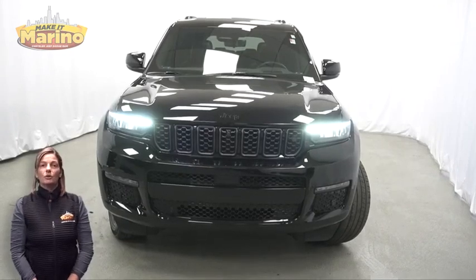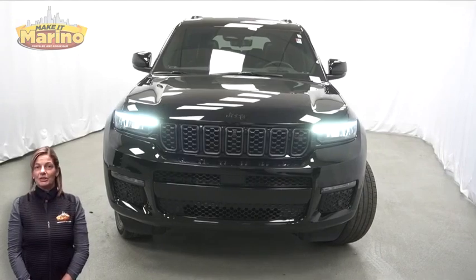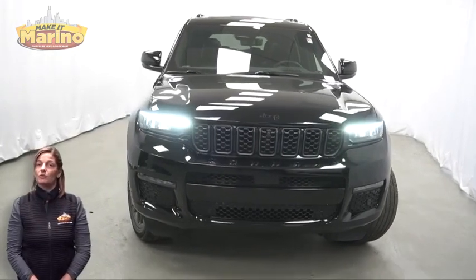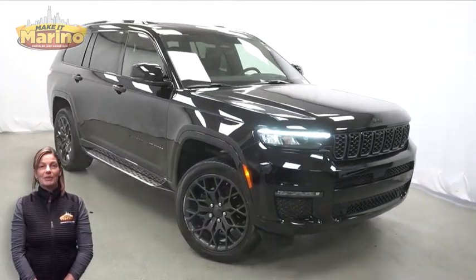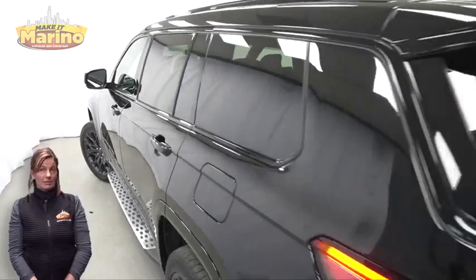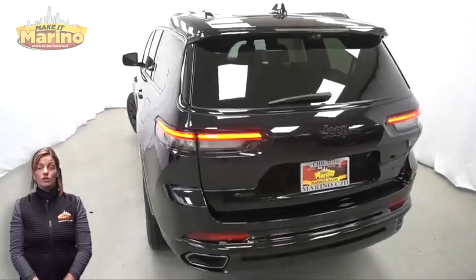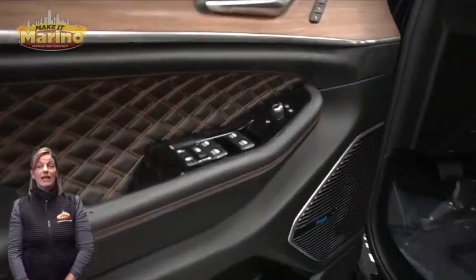Looking for a highly equipped SUV with all the right options and reliability? We'll take a look at this certified pre-owned 2023 Jeep Grand Cherokee L Summit in Diamond Black Crystal Pearl. With the High Altitude package, blind spot and cross-path detection, 21-inch aluminum wheels, drowsy driver detection, heated and ventilated front